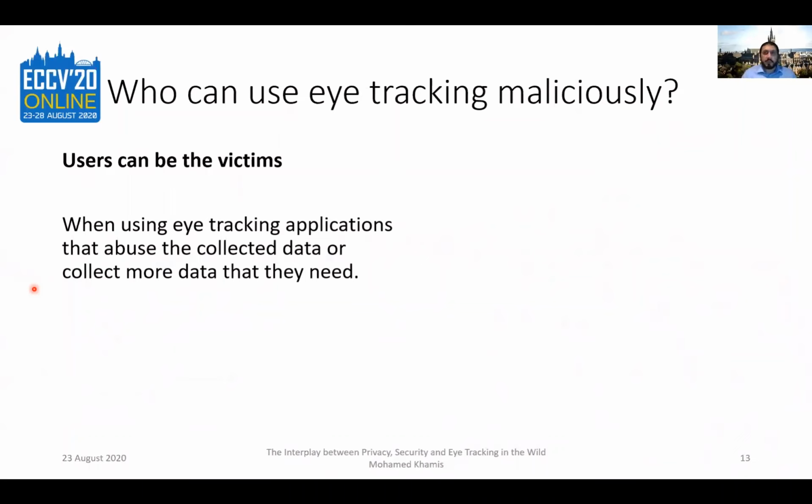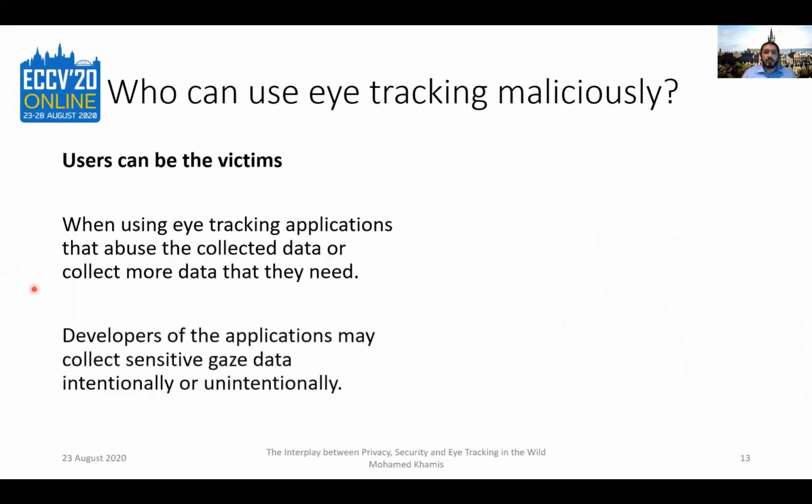For example, let's say a mobile application has access to the phone's camera and collects gaze data. And right now, there's no way to make sure the mobile app is using the collected data responsibly. If a mobile app allows the user to provide input using eye gaze, then it should just collect the information that allows interaction to happen and process it on the fly. The data should remain on the phone. It should not be sent to remote servers, for example, or stored beyond the duration in which it is needed.